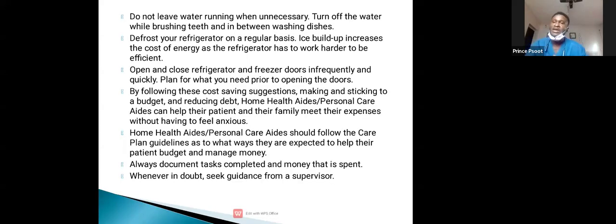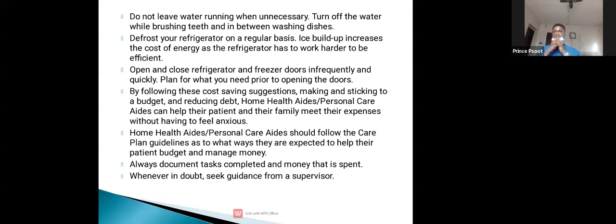Then you take shorter showers. You don't leave the water running when it is not necessary. Always turn off the water while brushing your teeth and in between washing dishes. Then you defrost your refrigerator regularly, because ice building up increases the cost of energy as the refrigerator has to work harder